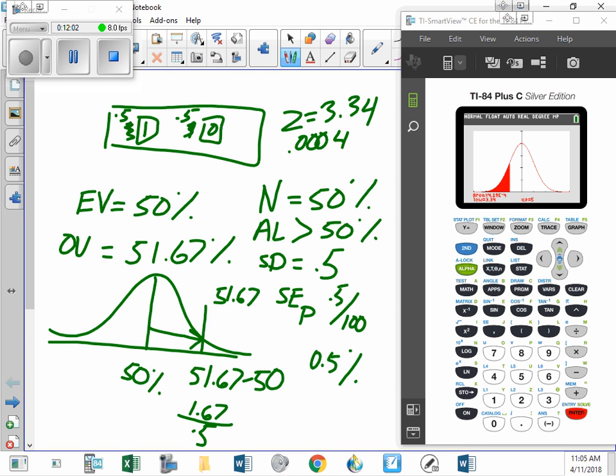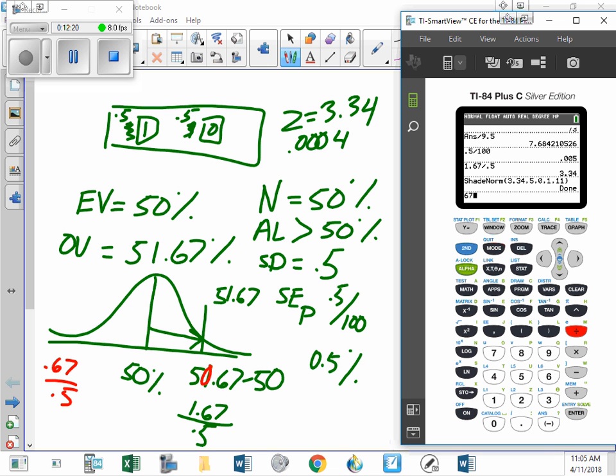Okay, same thing, but we're going to change this 1 to a 0. So now we don't really need to redo much. Now we just need to do 0.67 divided by 0.5. So 67 divided by 50 gives us a z-score of 1.34. It could be, and what's the breaking point? It's 1.66. So we're going to shade norm, and we're going to go from,